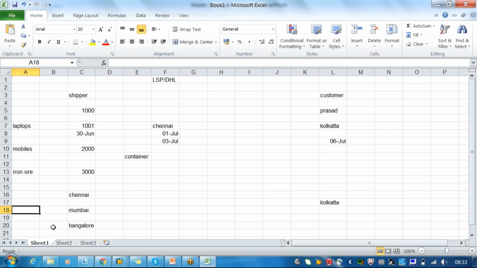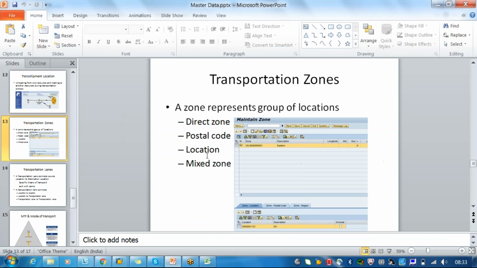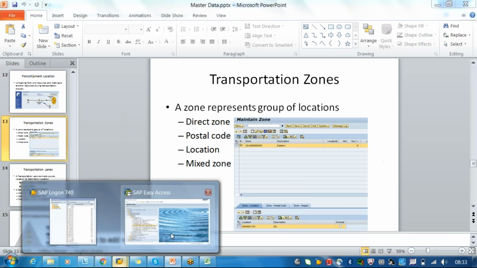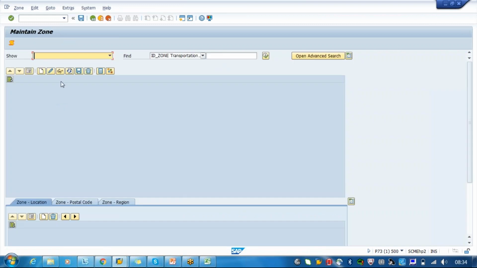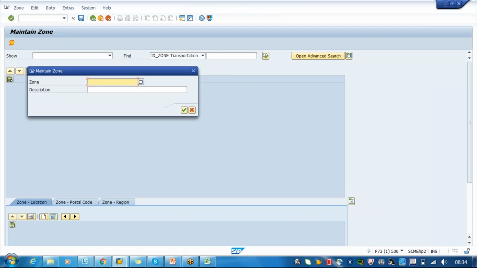Okay. So a zone can be created via postal code, location and mixed zone. These are the differences. So when I go with a zone here, in transportation zone creation, I will say a location zone. So I will combine all the different locations into one zone.